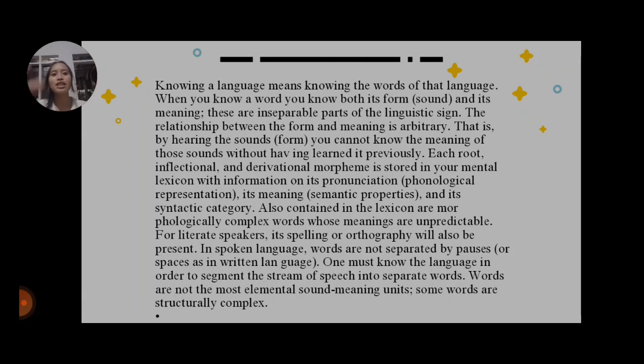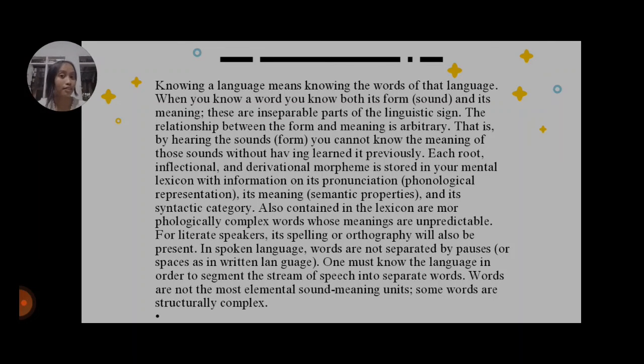Knowing a language means knowing the words of that language. I mean, that would be a certain fact, right? When you know a word, you know both its form, its sound, and its meaning. They are inseparable parts of the linguistic sign. The relationship between form and meaning is arbitrary. That is, by hearing the sound or its form, you cannot know the meaning of those sounds without having learned